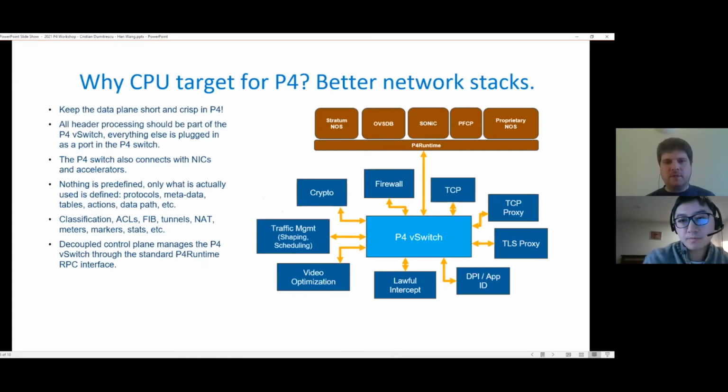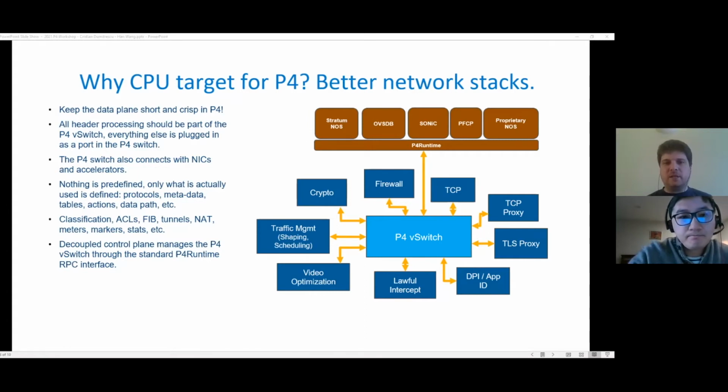So here is maybe another reason that might be appealing to people where P4 DPDK could help, and that is building better network stacks. So this approach, the P4 DPDK framework, allows us to implement in an easy way a networking application as a switch that has a bunch of accelerators around it. So whether the application is a next-gen firewall, whether the application is a 5G UPF or BNG or AGF or some other application, it is typically the case that the application does a lot of